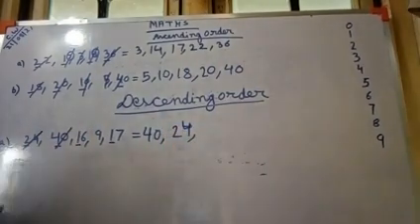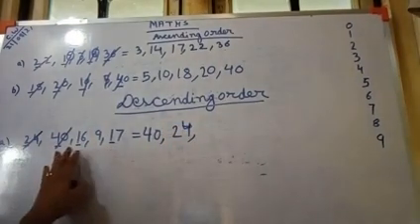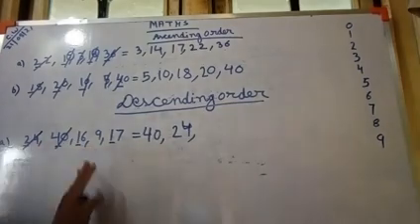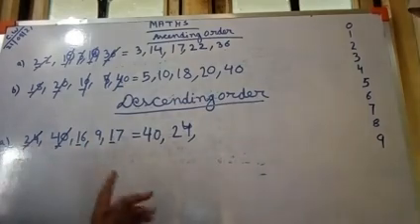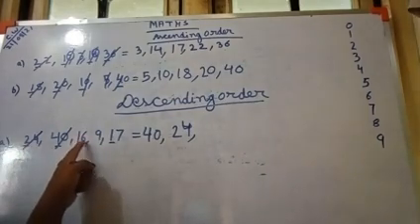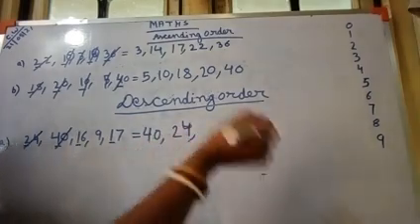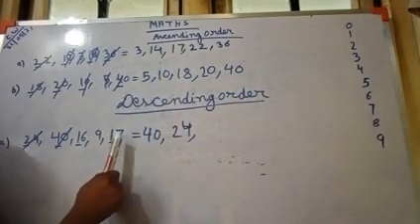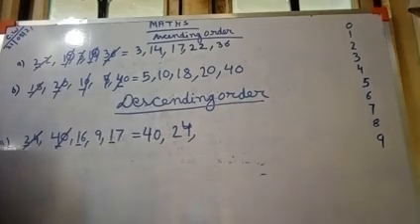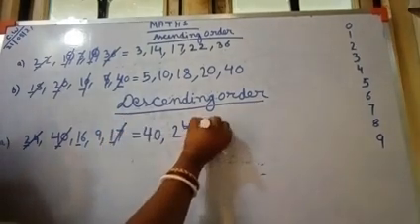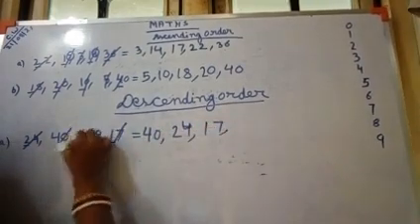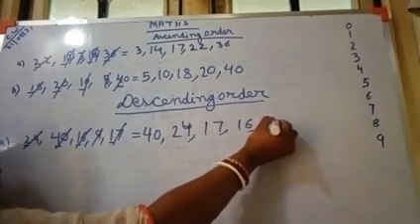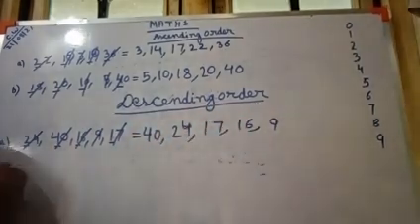Now you will see 1, 6, 16 and 1, 7, 17. Between them which is the bigger one? How will you understand? You see the tens place number is the same. Now you will go to the ones place number. Here it is 6, here it is 7. So when we are counting the numbers from back side, 7 will come first. So we will write 17 as the next bigger. After that 16 will come. And the next one is 9. Okay, like this you will do it.